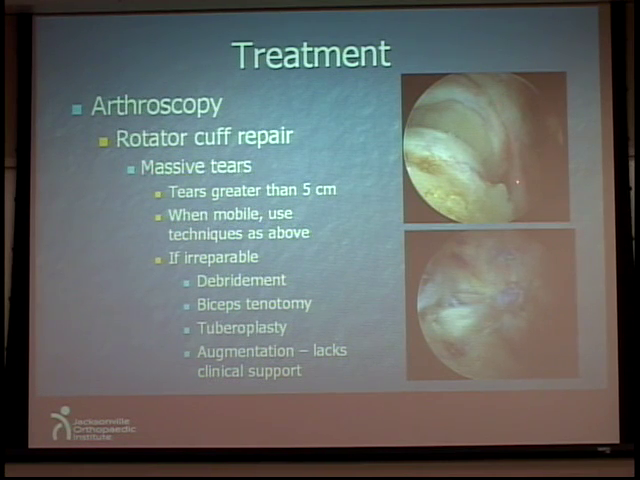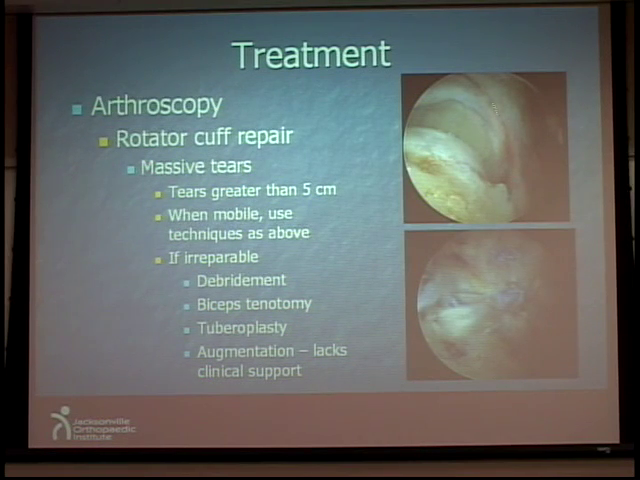Here's a little bit of cuff back here, and this is after it's repaired, bringing the soft tissue back over the humeral head with multiple sutures, and then at the end, repairing it back to the tuberosity. Not all tears are repairable, and there are different techniques you can do to try and help with the symptoms,